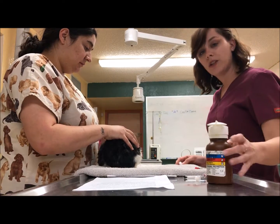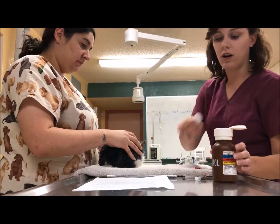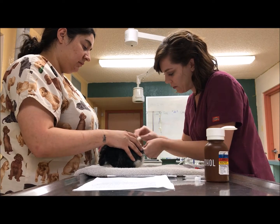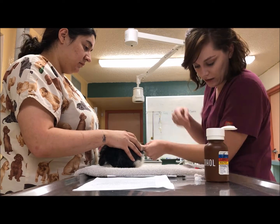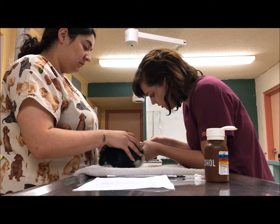All right, now I'm going to show you how to collect a blood sample from a rabbit. You're going to take your alcohol and a piece of cotton. You're going to make sure the area that you're going to collect blood from is clean, and it also helps to visualize the vein that you're going for. So once it's all nice and clean, you can take your needle and just insert it